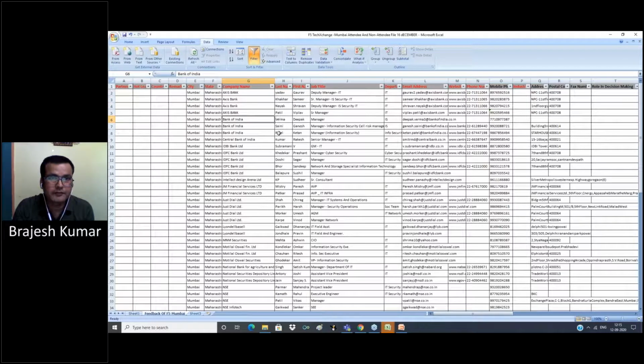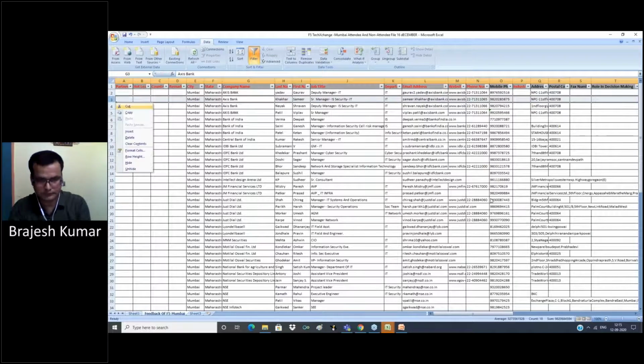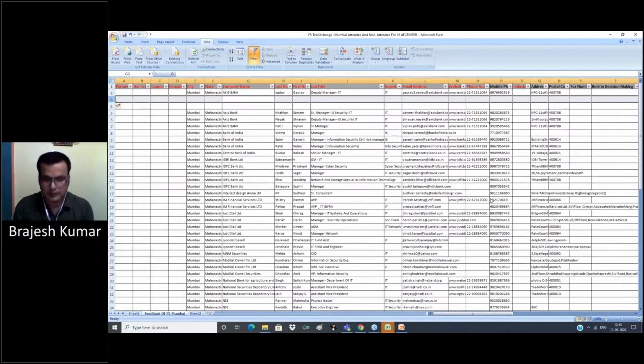Bank of India, but no duplicate. IDFC. For better understanding, we insert Axis Bank, same name, Axis Bank, same.